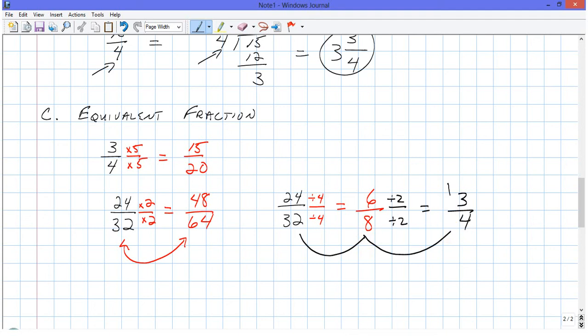Now the 3/4 has a special name because it's now at a form where there's no number that we can divide into the 3 and divide into the 4 to make that fraction smaller. So that would be called lowest terms. And if you have a problem, you always want to express the fractional part in lowest terms. If it's not, then it's not as simple as it can be, and there would have to be points discounted